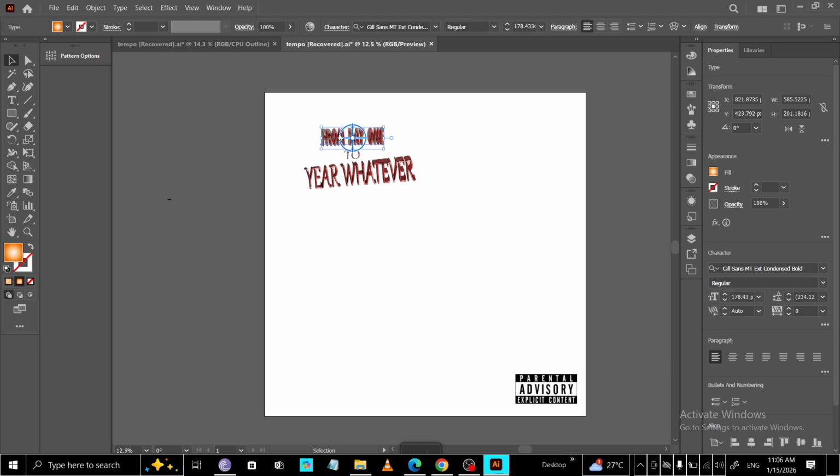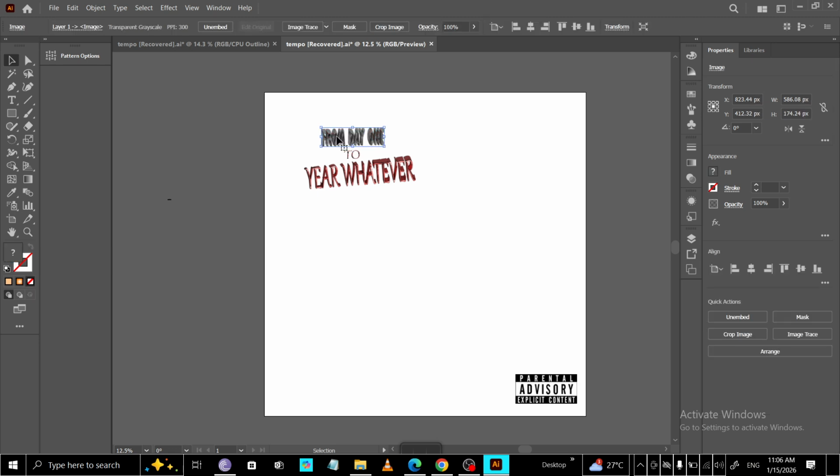The selected text is now rasterized, meaning it's become a pixel image. You can scale it down safely, but scaling up too much may cause softness or visible pixels, especially at lower resolutions. If you need to adjust the content or font later, return to your saved editable copy. That's it, you've